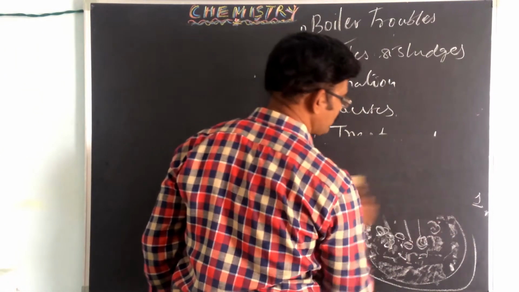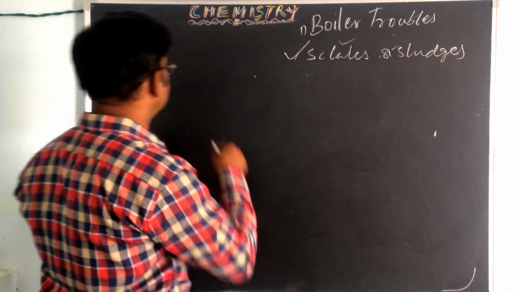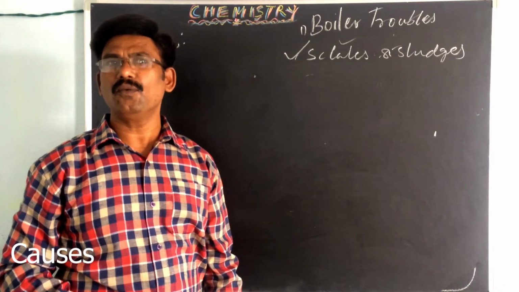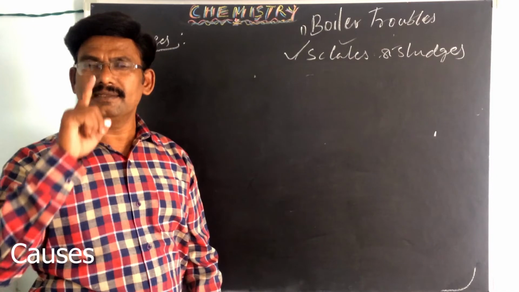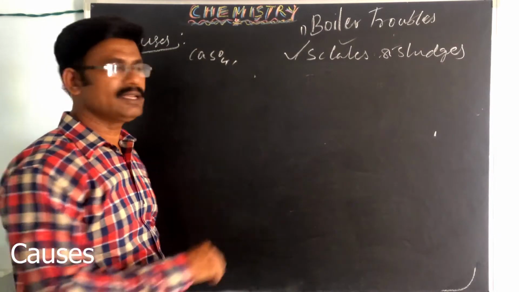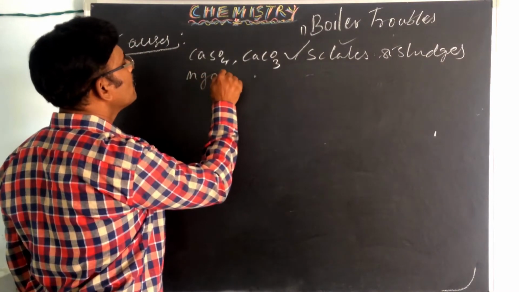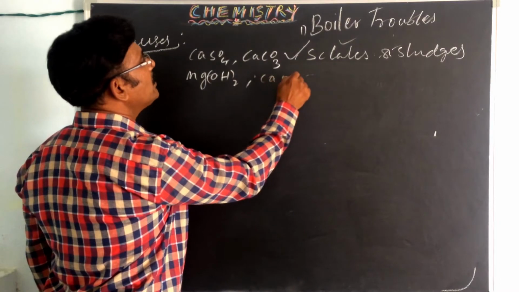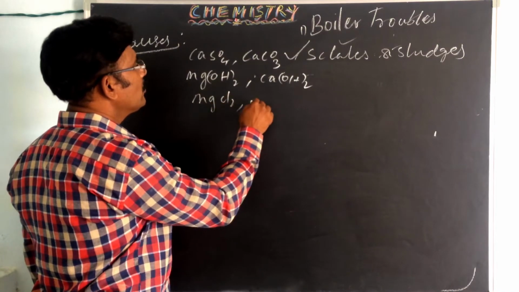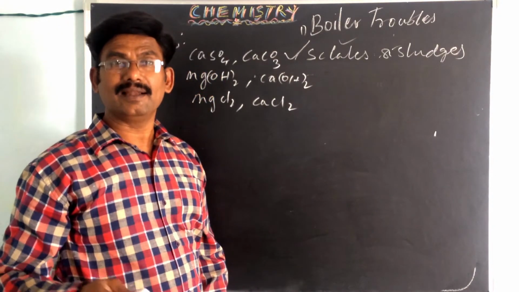Okay. The formation is completed. Next, causes. What are the causes? What are those salts? They are calcium sulfate, calcium carbonate, magnesium hydroxide, calcium hydroxide, magnesium chloride, and calcium chloride. So these are the scales and sludges. Among these salts,